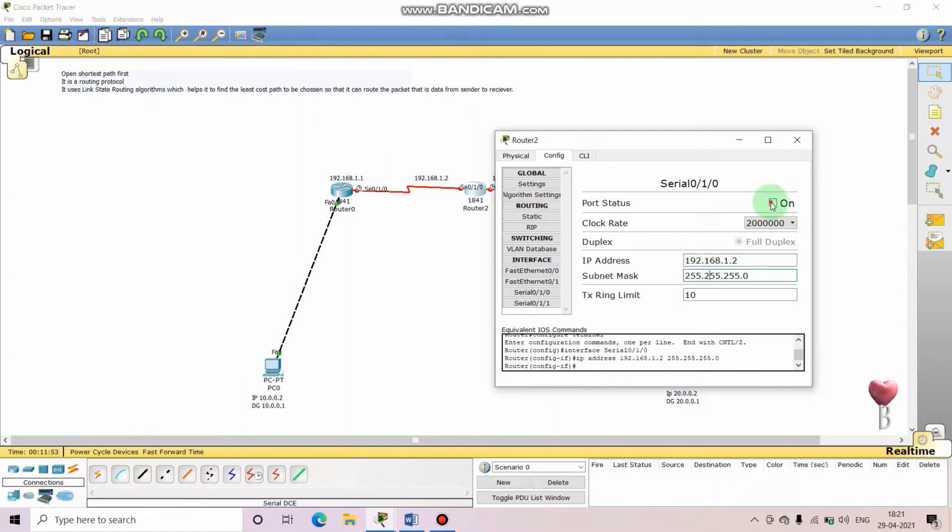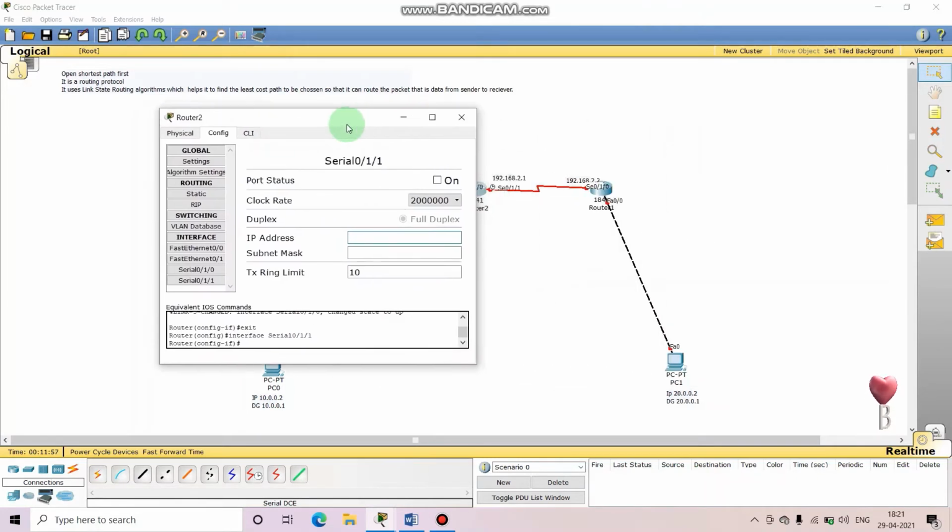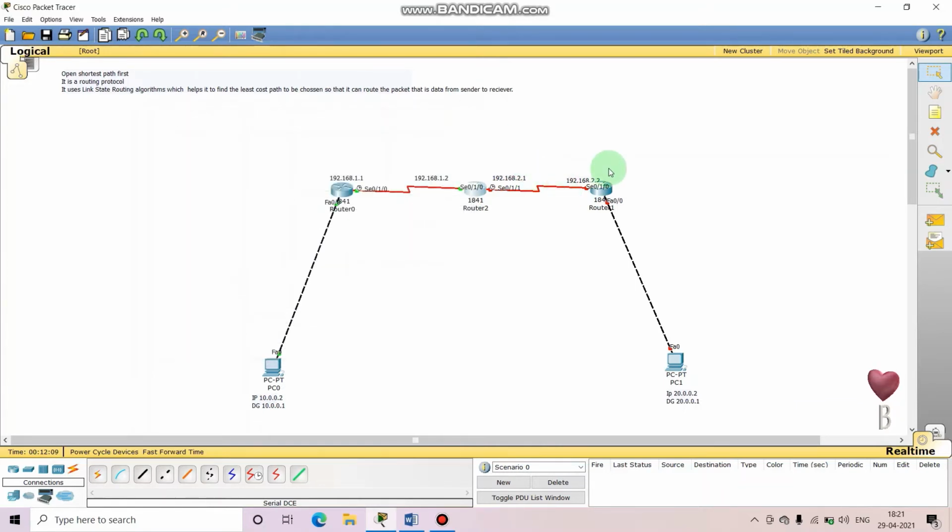And for this side, that is this one, 192.168.2.1, and this will be the subnet mask, and on the port. Okay, you can see these are becoming green, so it means the configuration is well.